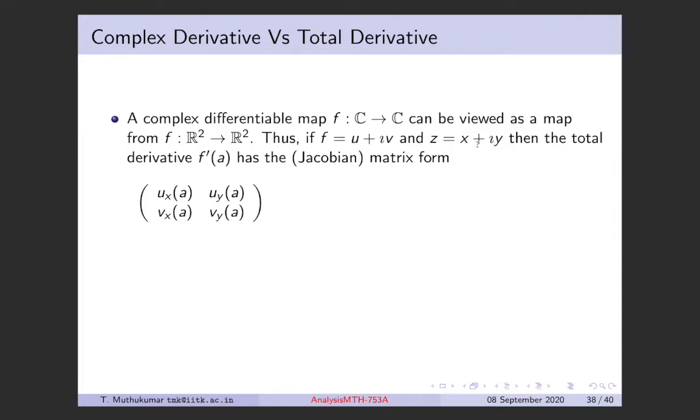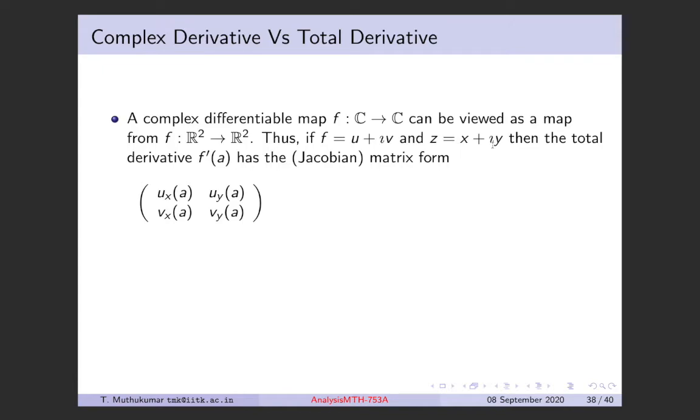I'm missing... what am I missing here? Yeah, that's fine. I mean f is with real part u and imaginary part v, which is a function of x and y. When I say x and y, I mean the real and imaginary part of the complex number. So if I take any z here, the way I associate it with R2 is via this real and imaginary